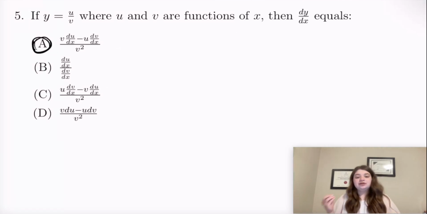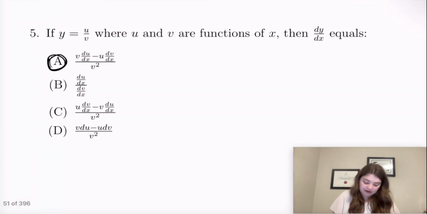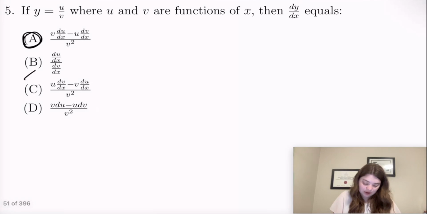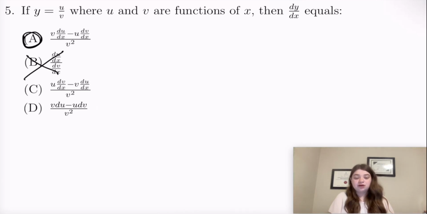Recall that the original quotient rule formula is derivative of the top times the bottom minus derivative of the bottom times the top over the bottom squared. That already eliminates this one because this one isn't bottom squared. The other ones do have at least v squared on the bottom, so that's good. And then notice that this right here means v, the bottom, and then times du over dx, which is a way of writing derivative of the top, derivative of u, and then minus u, which is the top, times dv over dx, which is derivative of